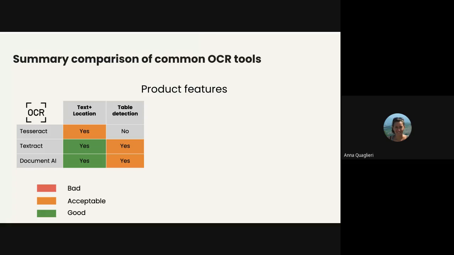Tesseract doesn't do table detection from a page. However, as I've shown you, for the other two, and I haven't shown you for the Google service, it's not always perfect. So you need to be careful. Evaluating the quality of table extraction is another thing. It will be a complicated thing to do, which we are looking into, but it's definitely not solved. Handwriting. Tesseract, I tried, is not really good at detecting handwritten